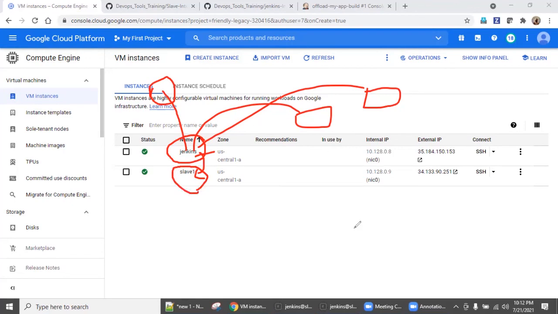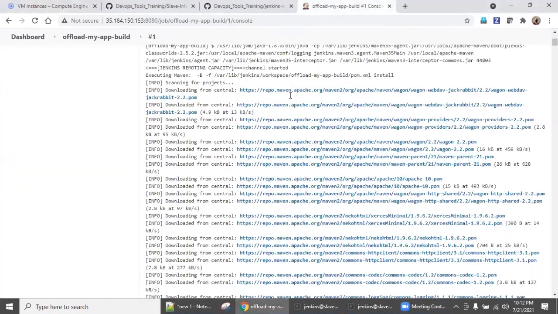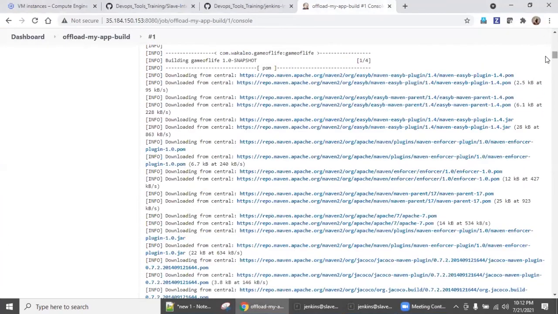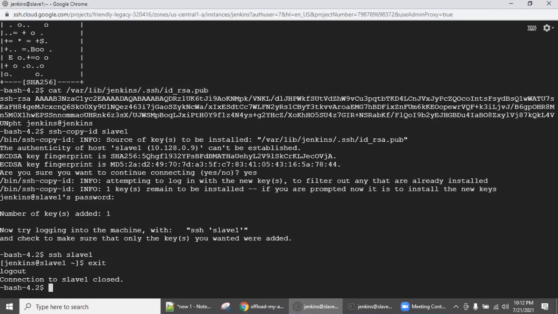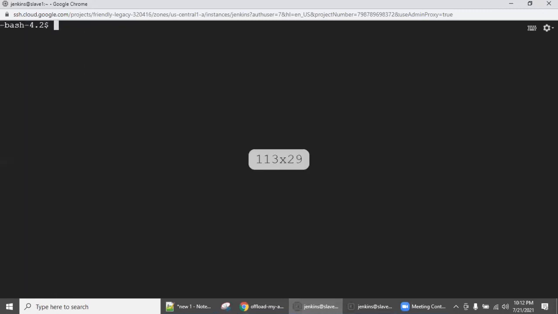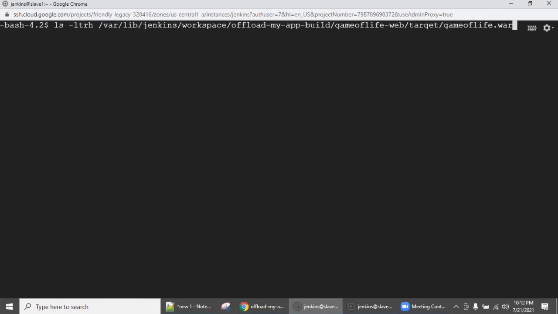Let's go back and check the logs. Come down. There's a huge log. Come down. See, there is a success. So as in previous classes, copy this and check in your Jenkins machine whether you have this file. With this you will prove to yourself where this got executed, right? ls -ltrh.